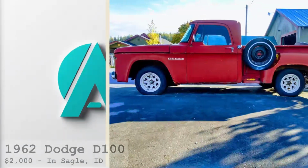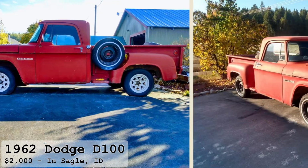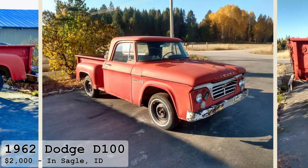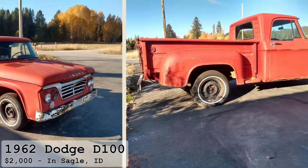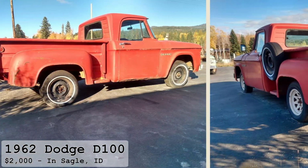Number 19. Next is the 1962 Dodge D100, a short bed step-side pickup that presents an exciting opportunity for hot rod enthusiasts. This truck features a custom RV 440 engine, automatic transmission, and additional performance parts like headers and an Edelbrock intake